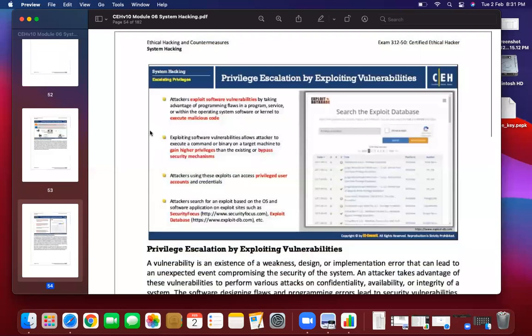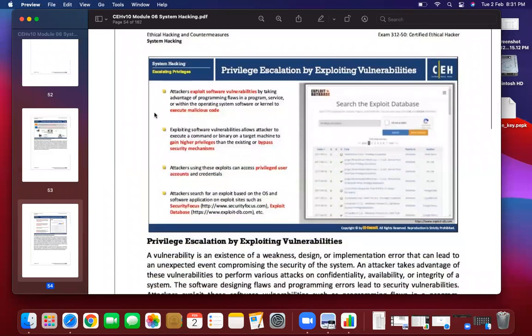No, this is not an illegal website. ExploitDB is not an illegal website. Okay, no website is illegal. If it is available on Google, then it's not illegal. Google itself has its own profile on this website for exploit vulnerability details and all.